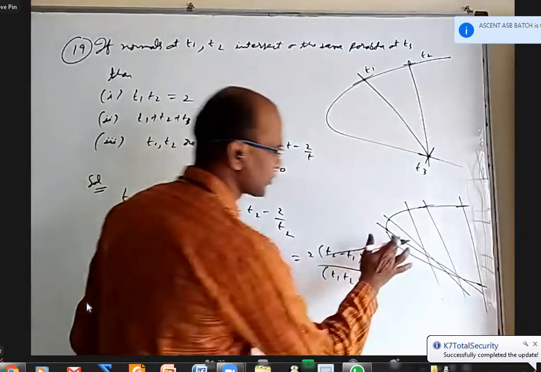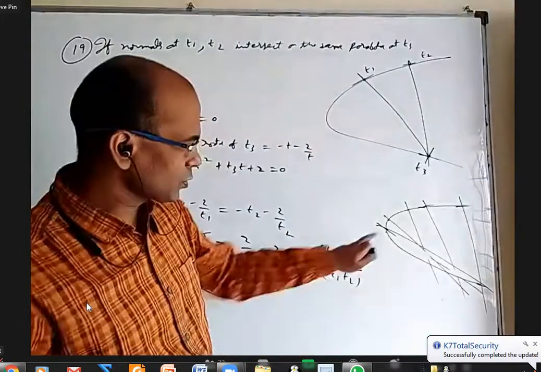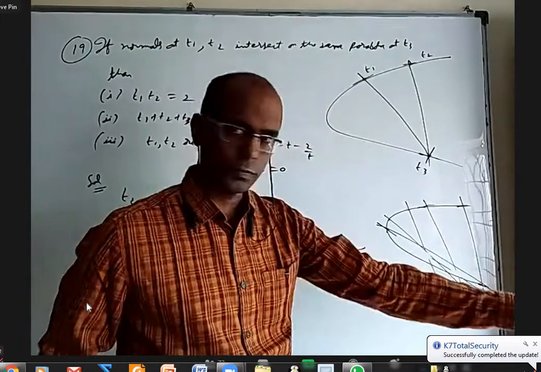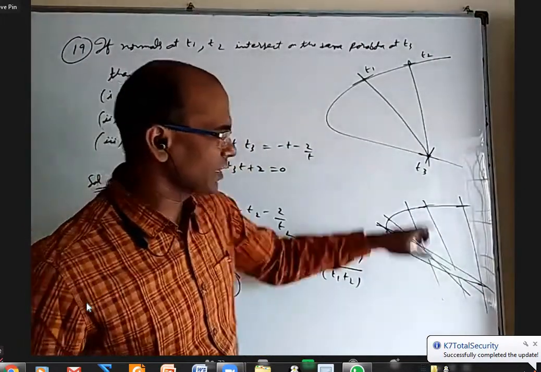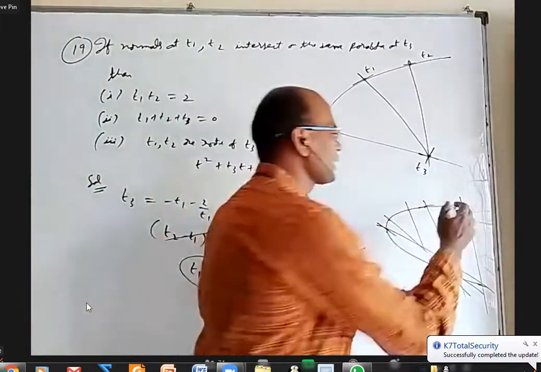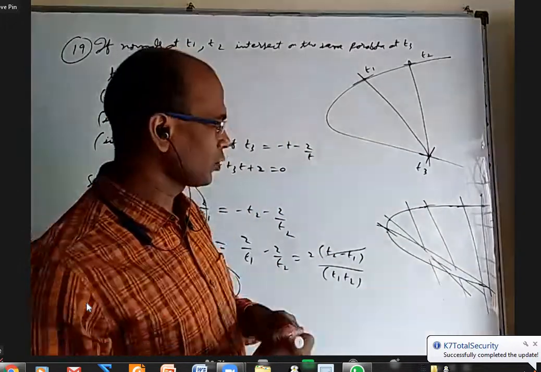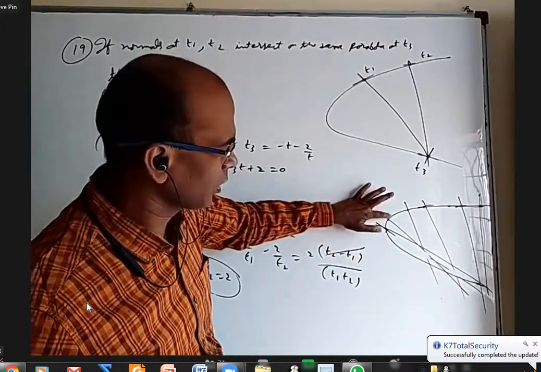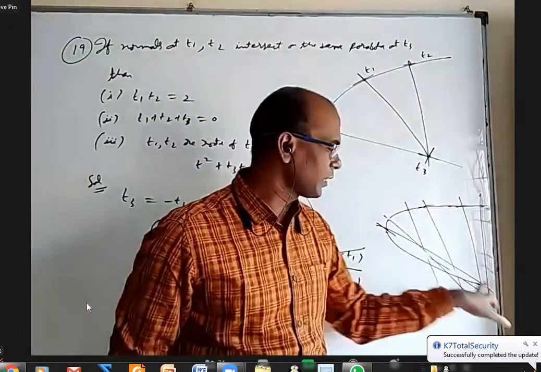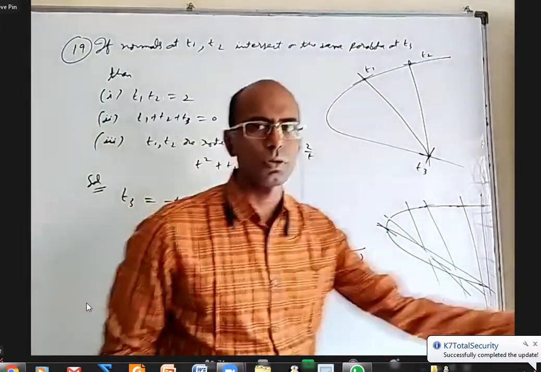Actually, what is happening, if you observe carefully, initially when you just go above the vertex, the normal is meeting the parabola on the right side, very far. As you go a little further, it is coming towards the left. But when you take points very far up, the normals again meet on the right side. So you take the normal here, here, here. Initially, where it meets the parabola again, the point is very far. Slowly it is coming closer and then going back.